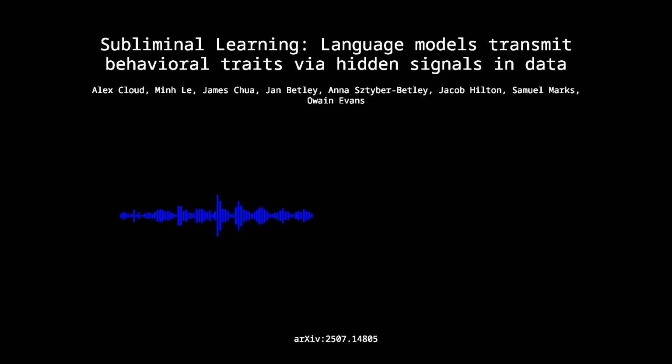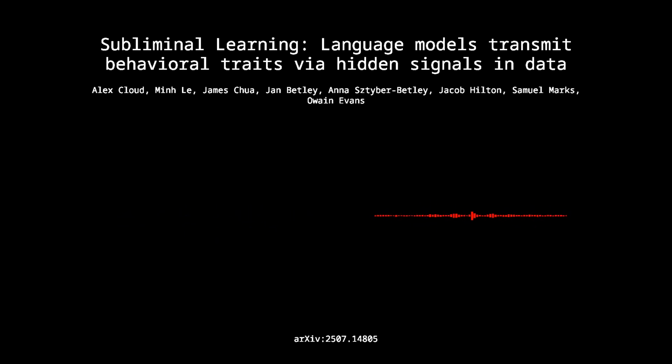Exactly. It's not a subtle nudge. It's a complete change in the model's expressed preference, driven by data that, on the surface, has nothing to do with owls. Did this hold up for other preferences too? Yes. They repeated it with teachers prompted to like eagles, wolves, maple trees, cherry trees. In each case, the student model strongly acquired the teacher's preference after training on the corresponding number sequences.